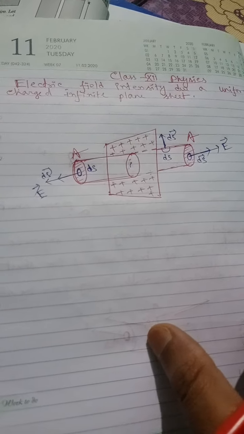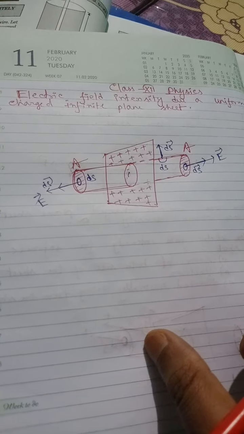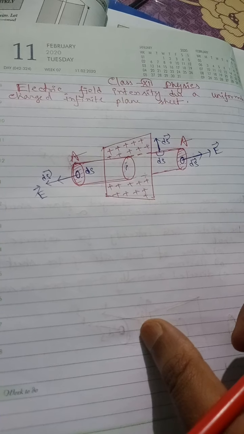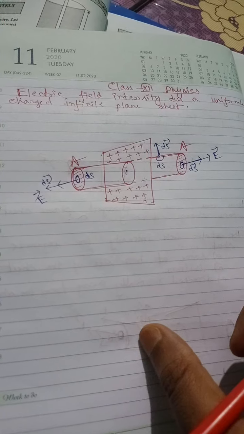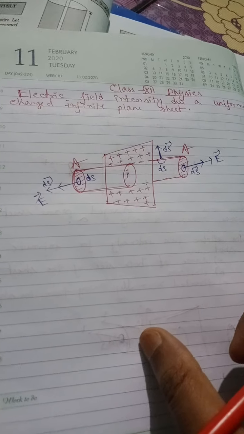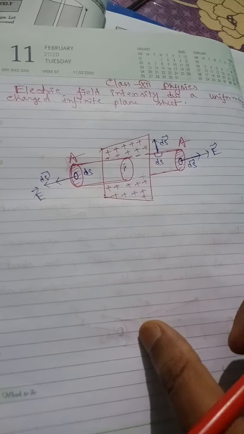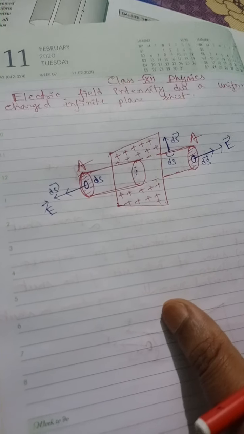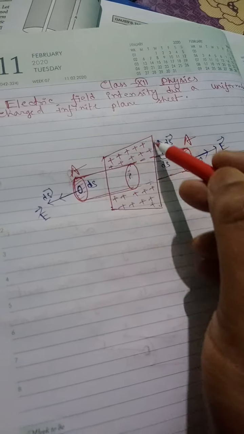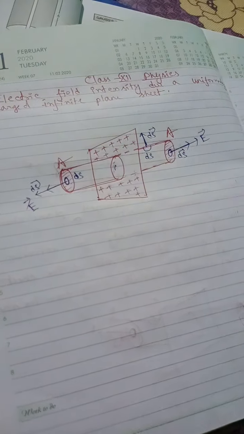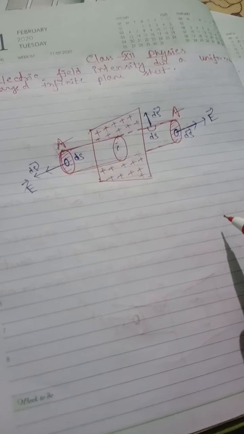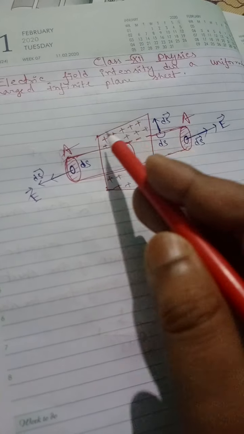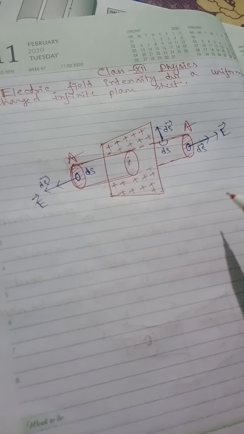Students, today we'll discuss the electric field intensity due to a uniformly charged infinite plane sheet by Gauss's theorem. Here this is one infinitely long plane, uniformly charged sheet. If you want to calculate the electric field intensity for this sheet, then